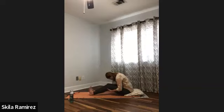To safely come up, let's place our hands on the tops of our thighs, pushing into the legs to slowly support a lift in your belly and middle back. Last of all, lifting through the head and the neck. Let's bend our right knee, keeping that left leg straight, and we might stay on our perch or sit flat